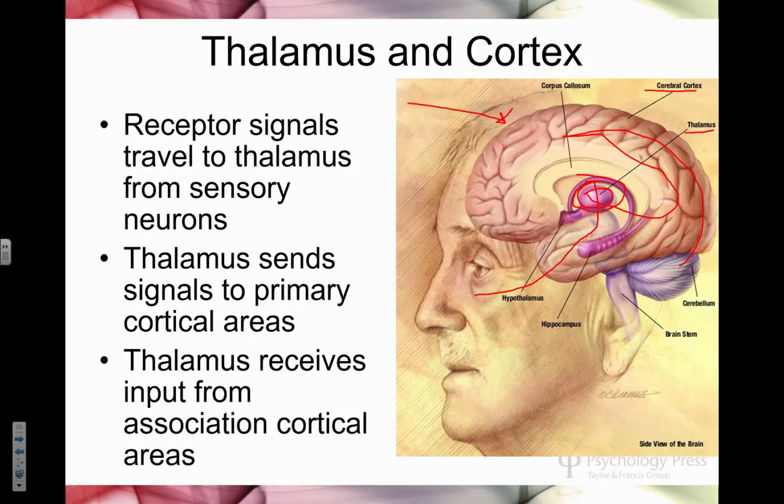But just in the very basic way to think about this, we go from the receptor to thalamus to cortex. It's basically the process. Now, there are particular parts of the thalamus that handle vision and hearing and taste, right? And there are specific parts of cortex, like this little guy back here. This handles vision, and this part kind of wrapping around here handles auditory signals. Okay, so it's separate once you get in cortex, but that's the general process.